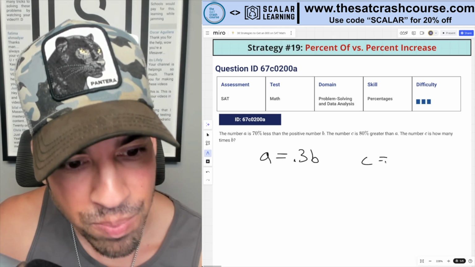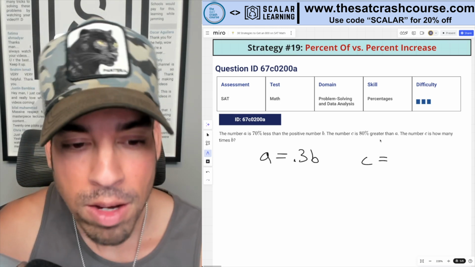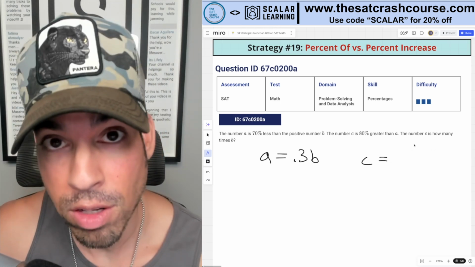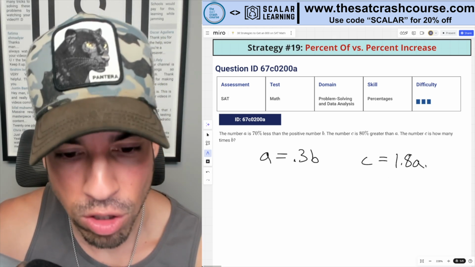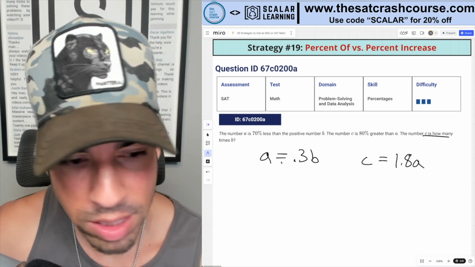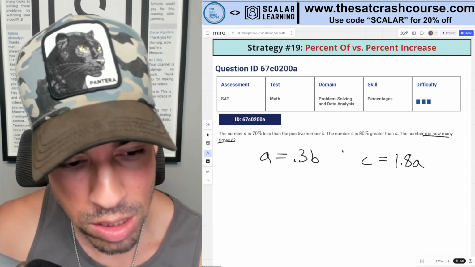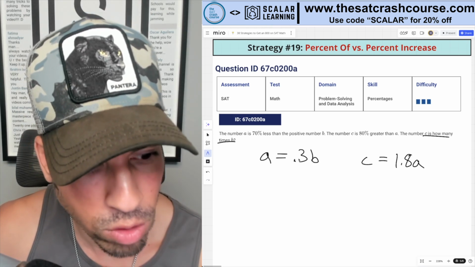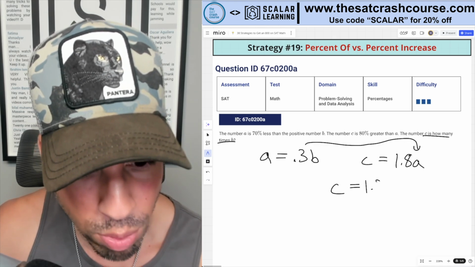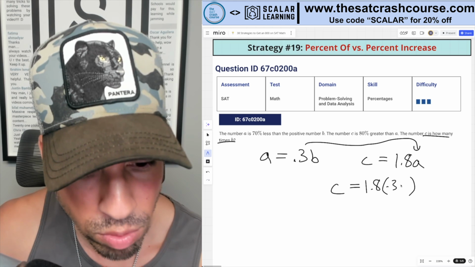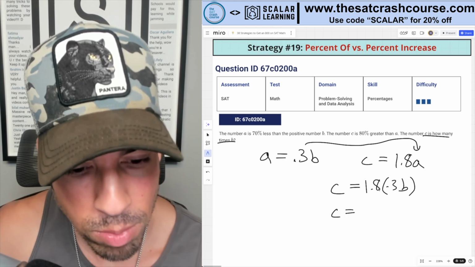The number C is 80% greater. Again, it's not 80% of, 80% greater means it's equal to A plus another 80% of A, aka 1.8 times A. Now we've got our correct system. Last but not least, it's saying the number C is how many times B, meaning we need an equation relating just C and B, so we need some substitution in the mix. Well, I know that A equals 0.3B. Let's plug that in for A right there. So we got C equals 1.8 times 0.3b. Since I know that 3 times 18 is 54, 0.3 times 1.8 is